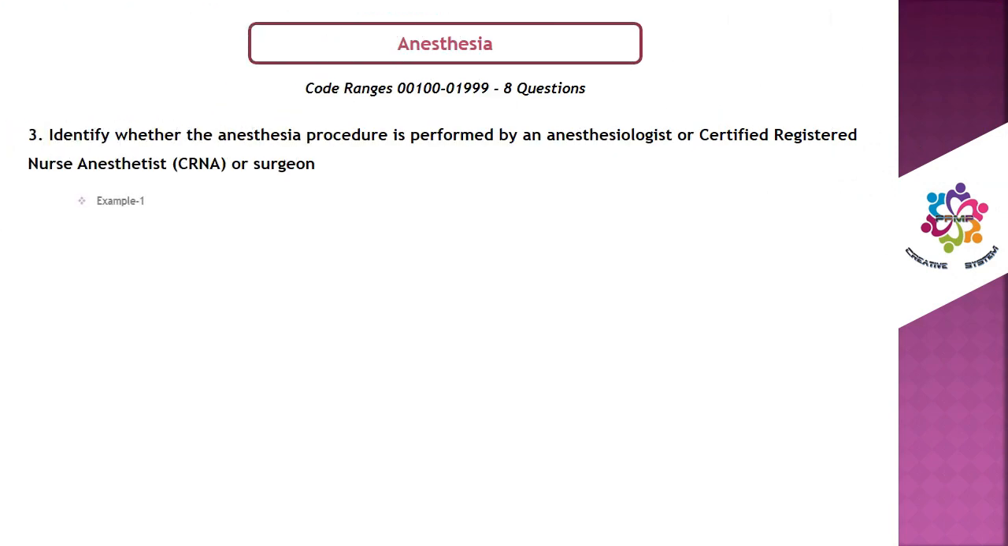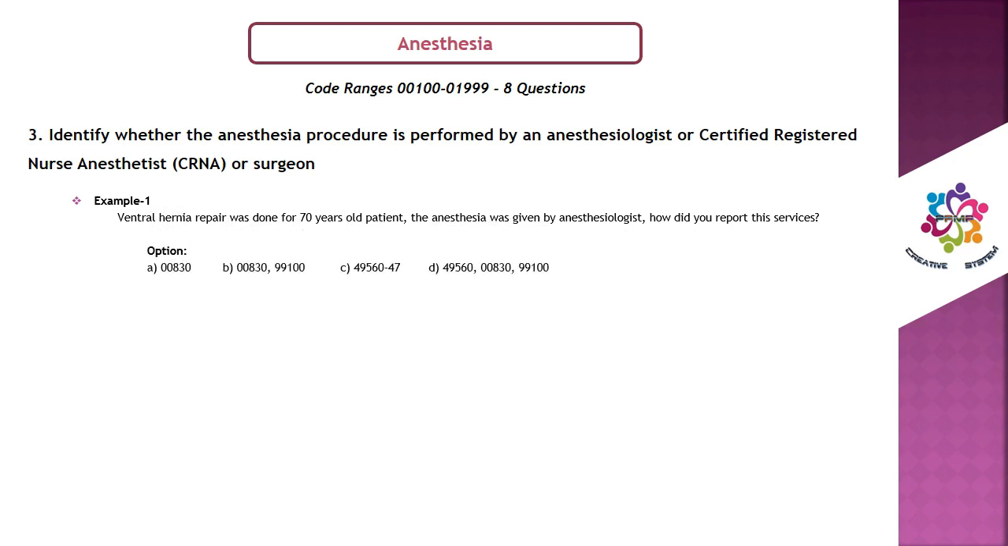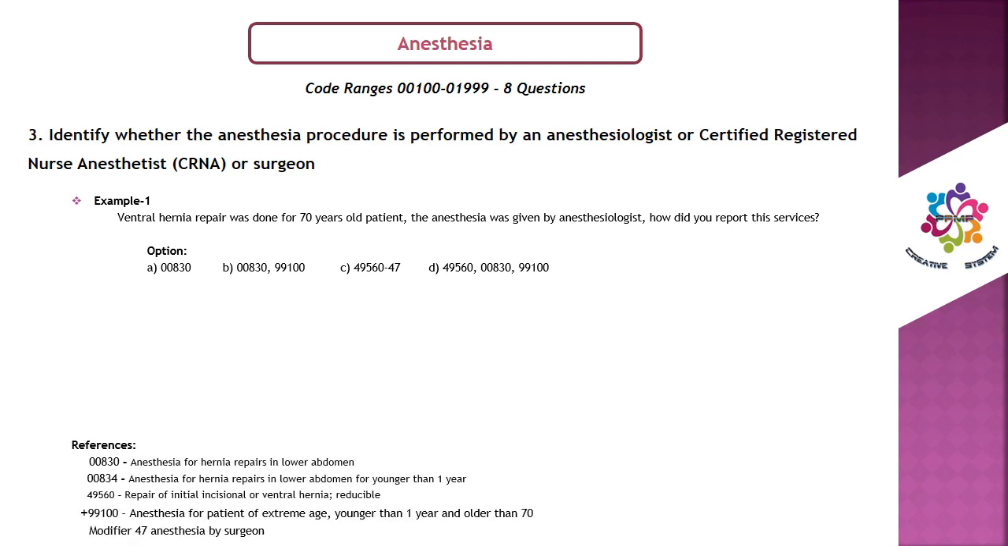Let's see some examples for better understanding. Example 1. Ventral hernia repair was done for a 70-year-old patient, the anesthesia was given by an anesthesiologist. How did you report this service? Option A. 00830. B. 00830, 99100. C. 49560 with modifier 47. D. 49560, 00830, 99100. You can use the below references to answer this question. Guess it, what will be the answer? Yes, correct. The answer is option D, 49560,